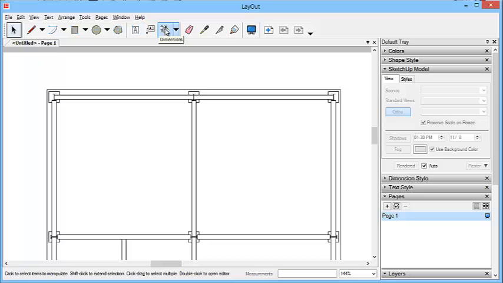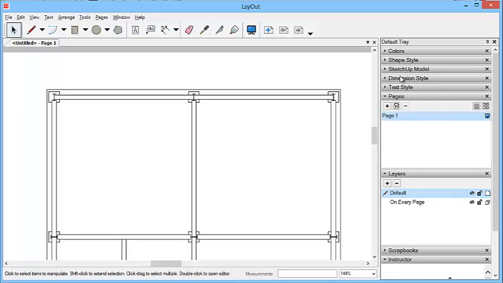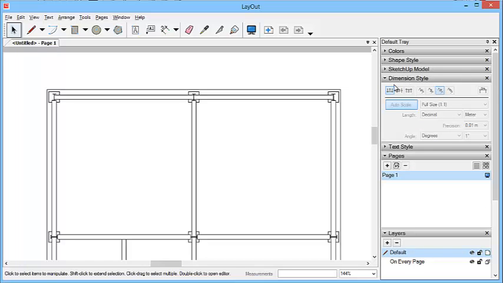So I choose a dimension icon at the top, and I'll make sure I've got that SketchUp model closed and dimension style open. Now this is grayed out at the moment because I haven't got any dimensions set, but as soon as I click that, it springs into life, and I can choose whether to have the text sitting on top, in the middle, or below. I can have the vertical alignment, horizontal alignment, then in line with the thing, and sort of not through 90